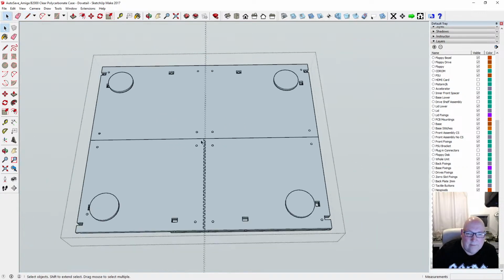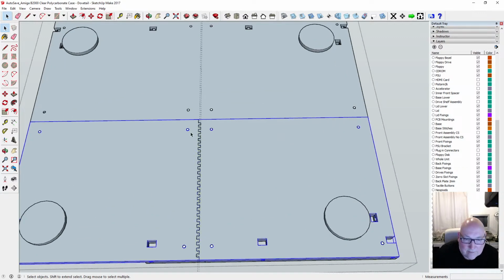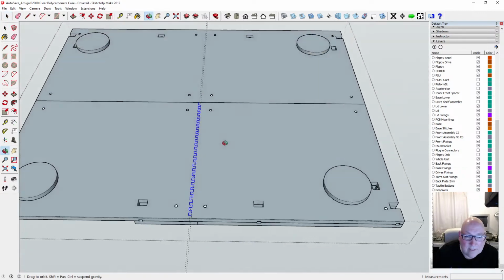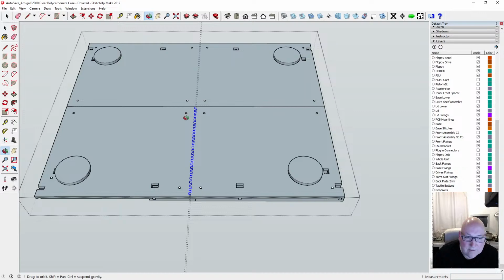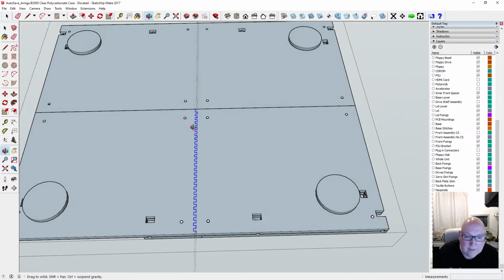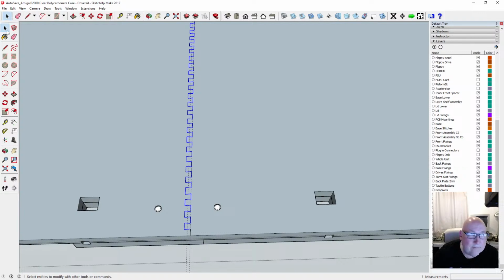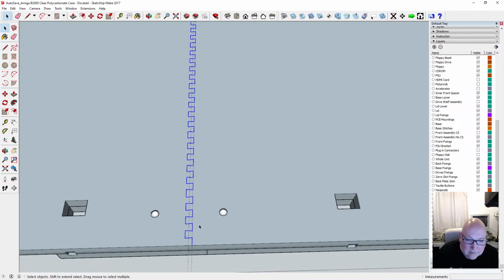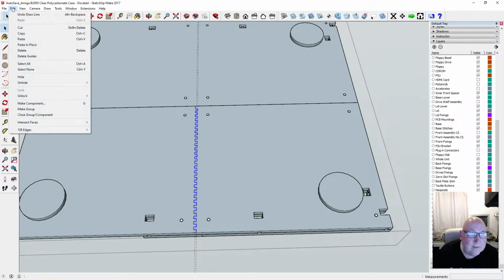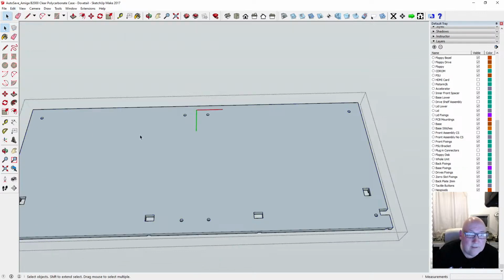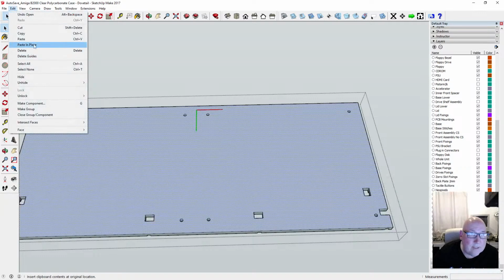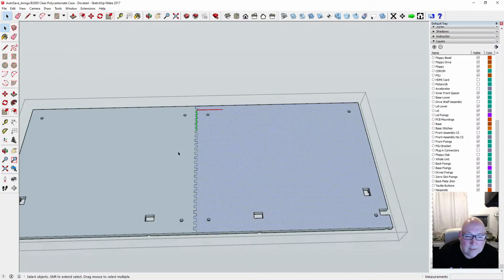Right, okay, so we've got that there, we need to get it off there. Oh, hang on, we've got some weird stuff going on. Oh, they were fixings, that's why. I was going to say they're not holes, they're the fixings. So, oh, we've got one we haven't selected. Right, we need to cut them off. Paste it in place and we can select either one. That's it. So that's done,